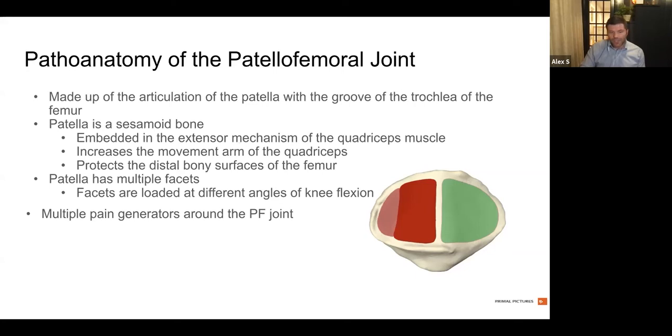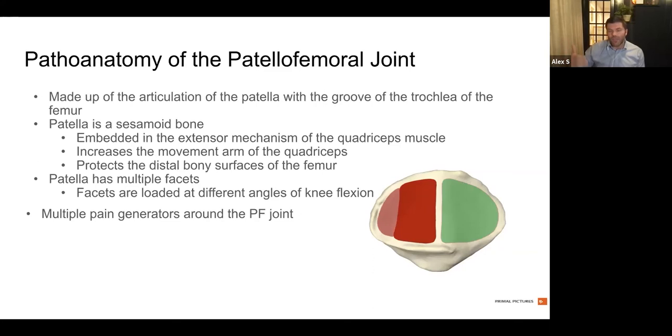The medial facet is generally a little bit shallower and not as wide, but really is more in contact during extreme flexion of the knee. What I'm getting at is there are multiple pain generators throughout the patella and on the retropatellar surface that can be an issue, unloading them through different